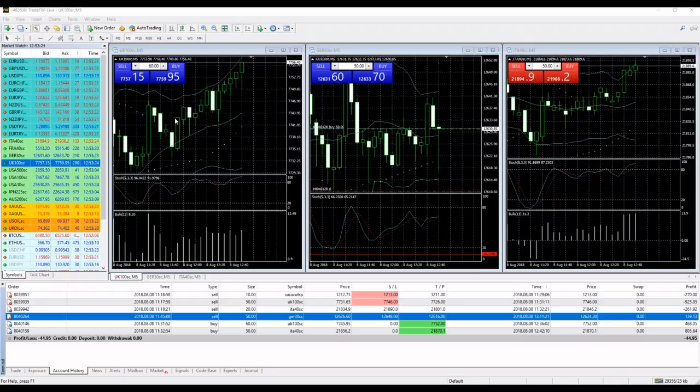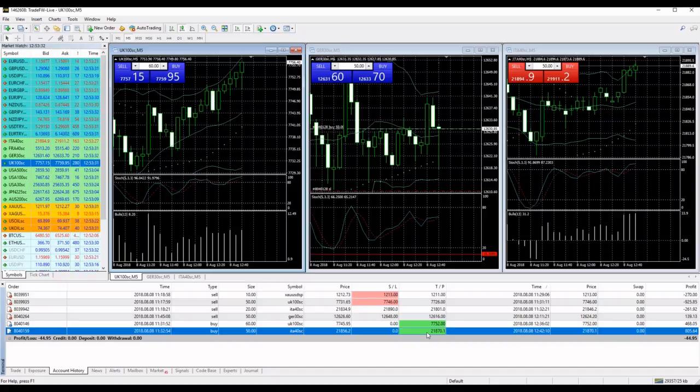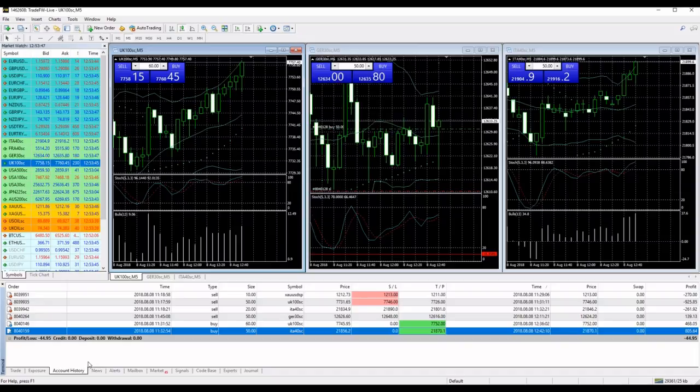Hello guys, here we are again. So I just wanted to inform you also our take profit on UK 100 and Italy 40 just got triggered. On Italy 40 just got triggered and we made $805. So to break even, we are just $44 left to break even, and this is very easy to get through